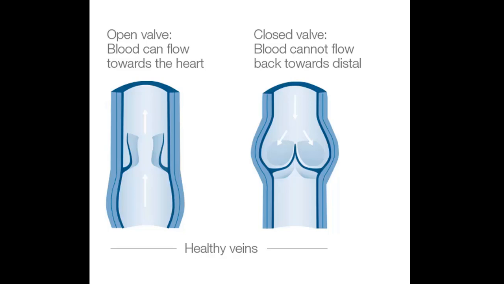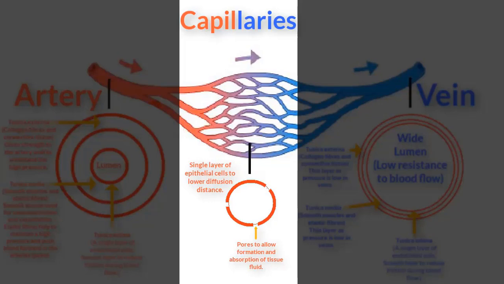Clear? These are called semilunar valves. And all along the veins, there will be these valves. In the artery, there's only one valve at the origin. That's the semilunar valve in the heart. Anywhere else along the length of the artery, there will be no valves. Is it clear? And in the capillaries, there's only one layer of cells,